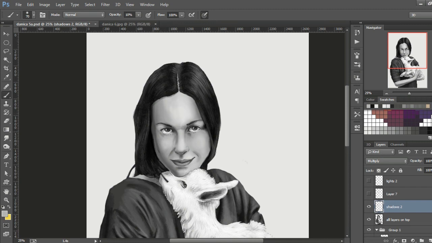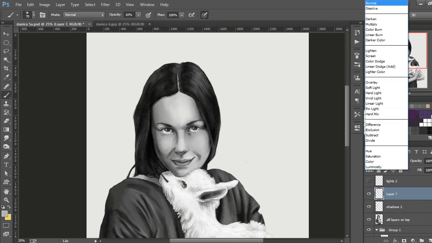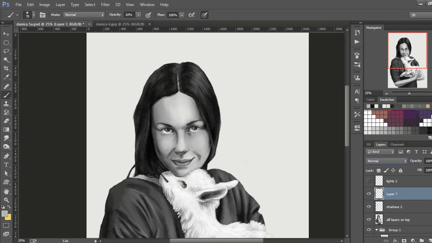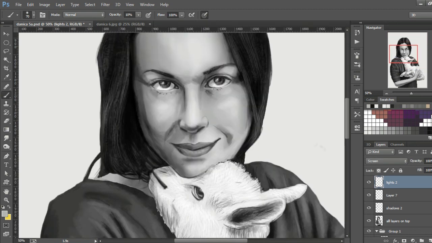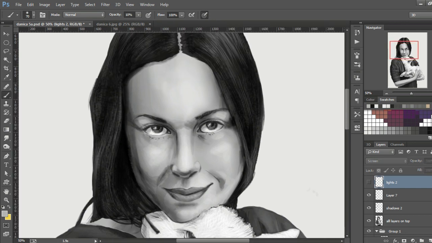Right here I decided that the face was too wide, so I narrowed it a bit. Added another layer on normal blend mode, and added additional shadows. And finally, some very soft and subtle light effects on her face.